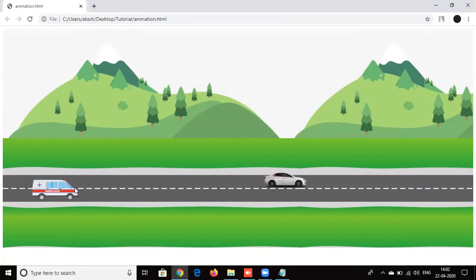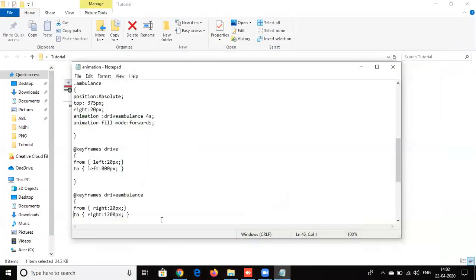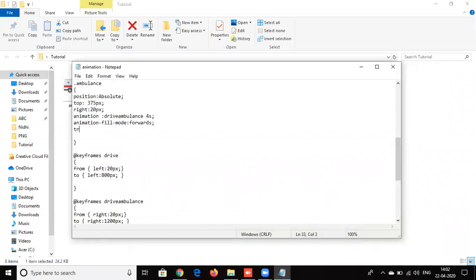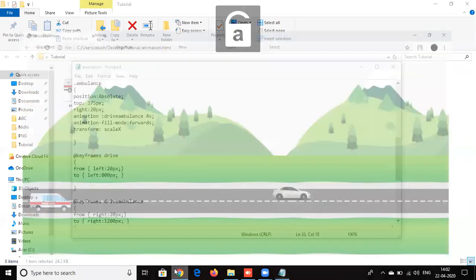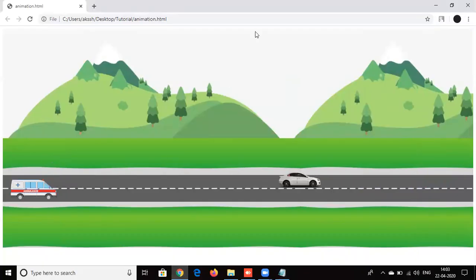But you can see my ambulance is going in reverse. I do not want that, I want to make it go forward, but my image is facing this direction only. So to fix that, there is one feature called transform scaleX. So scaleX means this is your X axis, this is your Y axis.